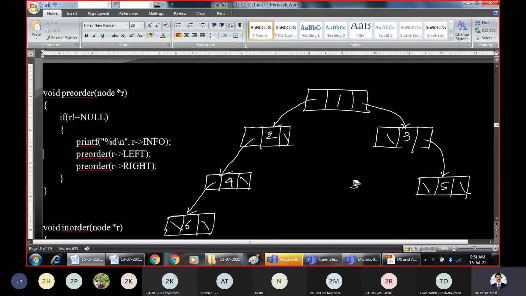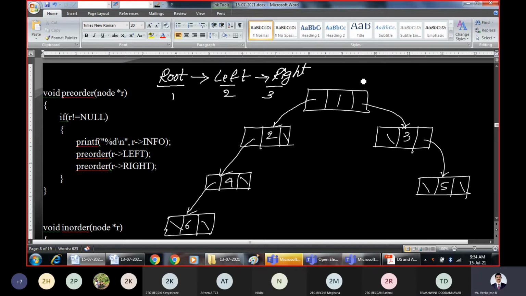So the definition of the pre-order traversal. We know the definition of the pre-order traversal. What happens in the pre-order traversal? First we will process the root node. First preference will be given to the root node. Then we will process the left subtree followed by the right subtree. First we process the root node of the given tree. Then we process the left subtree of the given tree, and then the entire right subtree for the given node. That means first 2 and 3. This is the order.